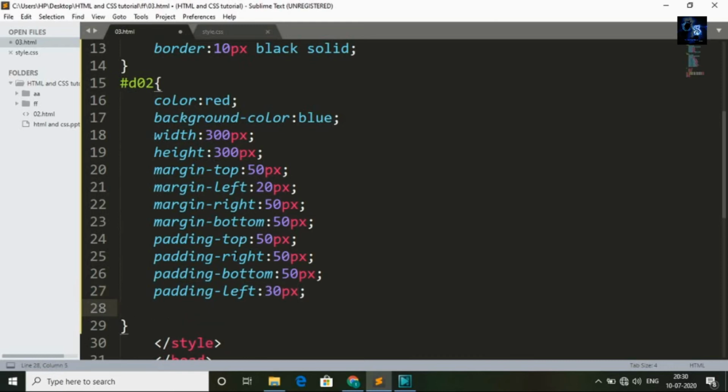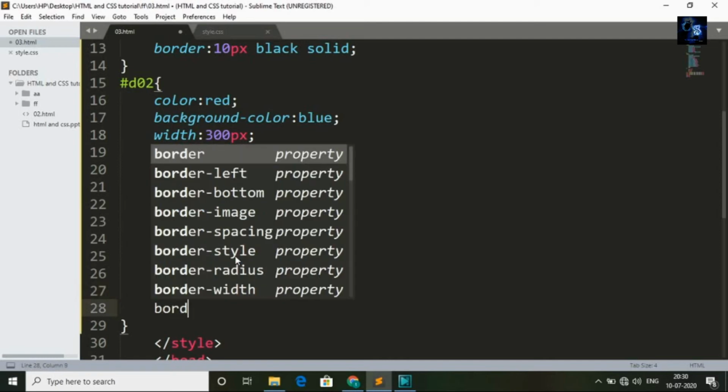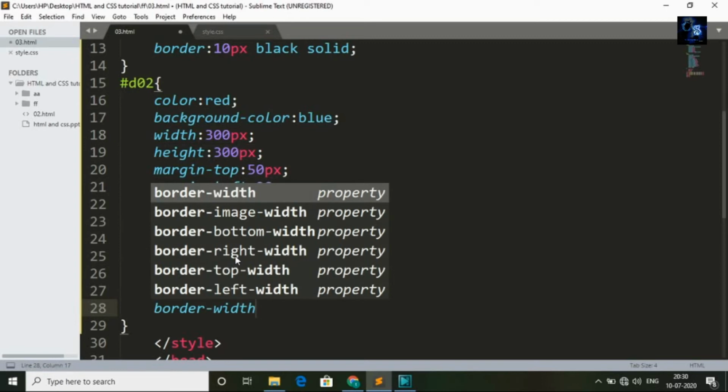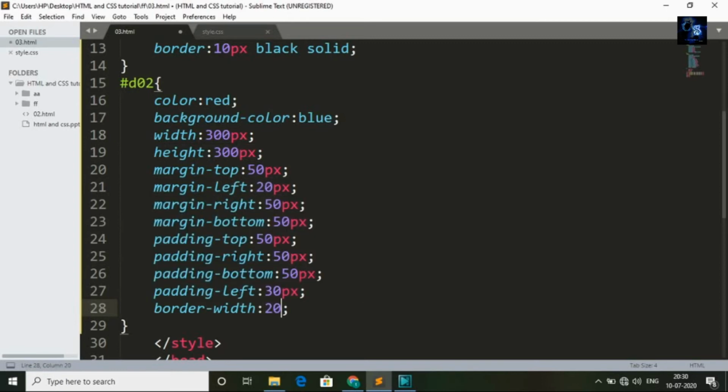And I will give border width, I want to mention border width 20 pixel, you can change width also. And I will also provide border style. If you want to provide dashes in border or dotted lines or straight lines, you can change here.